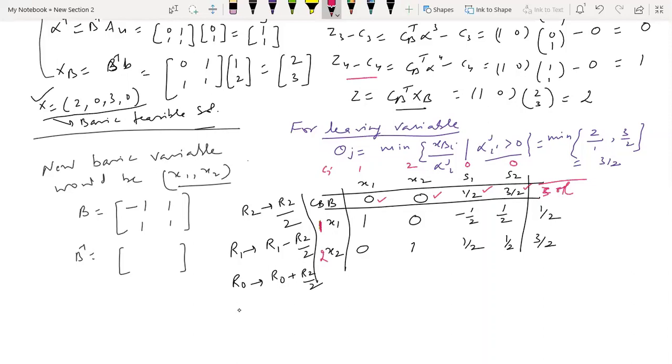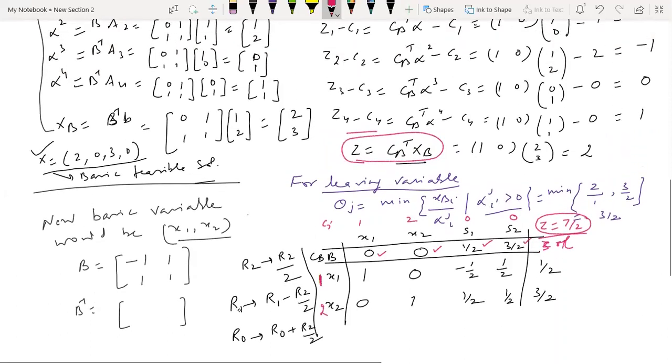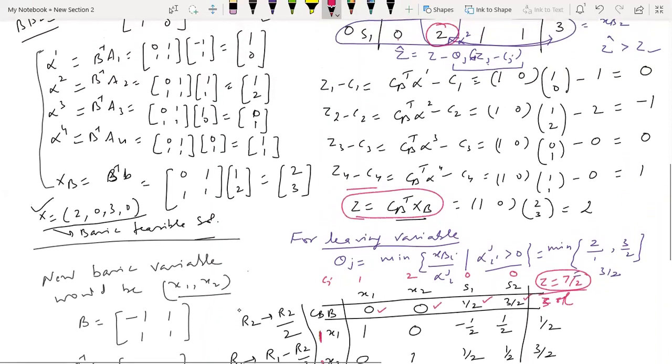Okay, so then what is your objective function value here? The objective function value is you multiply Cb with your solution, Cb into xb, you see here. Either you can put this value in the objective function or you simply multiply this thing. What you get is 1 by 2 plus 6 by 2, which is 7 by 2. So the objective function value is 7 by 2. And you see this is the same value which we had predicted earlier in this formula.